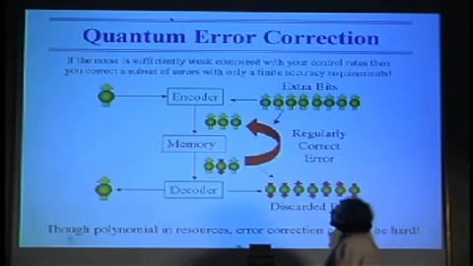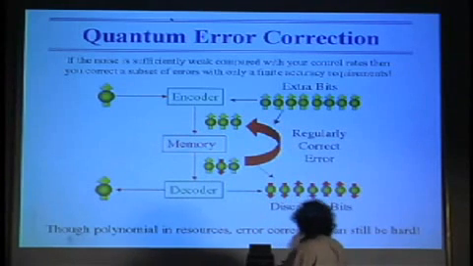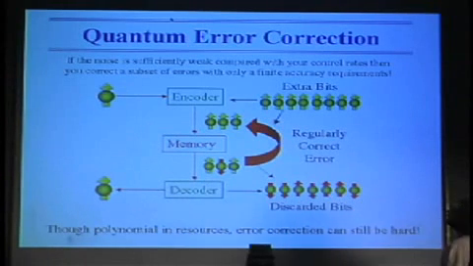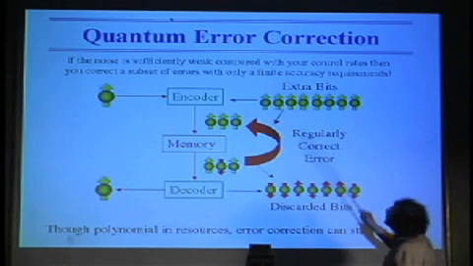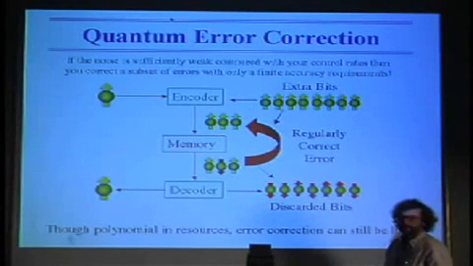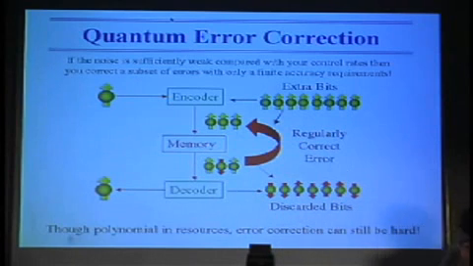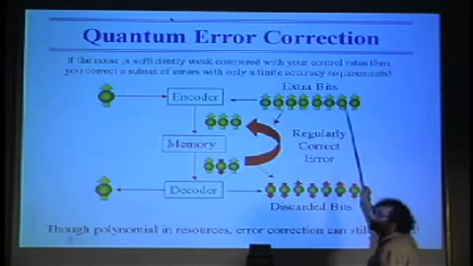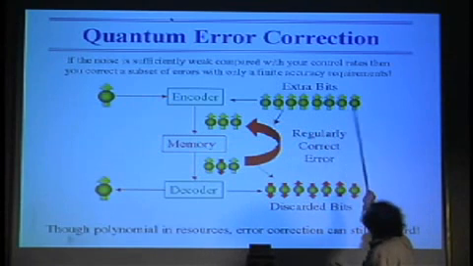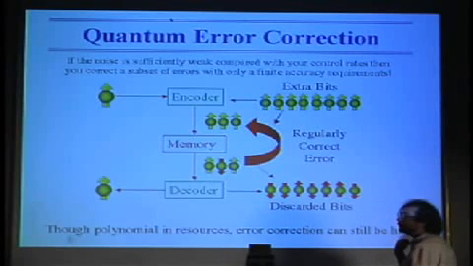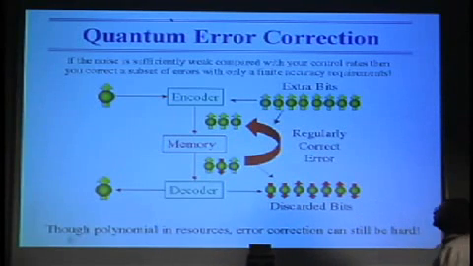Now, there are a variety of ways of doing this. So I start off with some spin in an arbitrary state. I would like to preserve it. And what we're going to do now is we're going to use a large number of extra qubits. Now, I can't copy the information from there to there. But what I can do is I can correlate the information on the left to these ancilla, to these well-polarized additional bits started in a known state on the right. And I will use the correlations there as a way of preserving information.